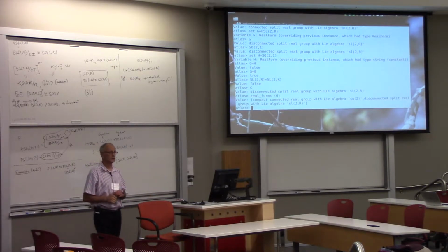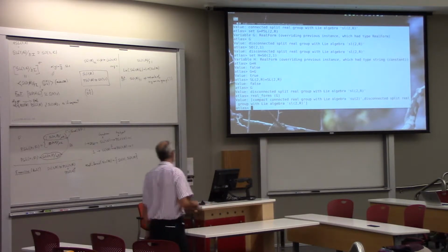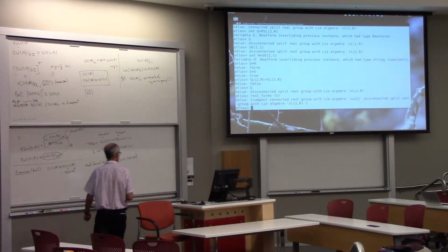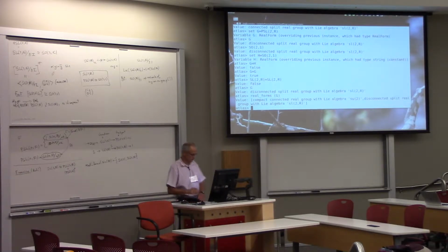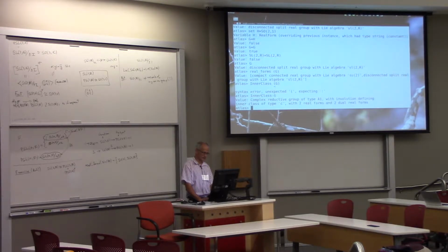I should note there is a subtlety here. Okay. Type inner class with the camel case, column G. I'm sorry, inner class of G you'd like to know? Yes, the column G. Okay, so this G can be implicitly converted to an inner class, and what you're really asking is the real forms of the class. Yes, so Mark